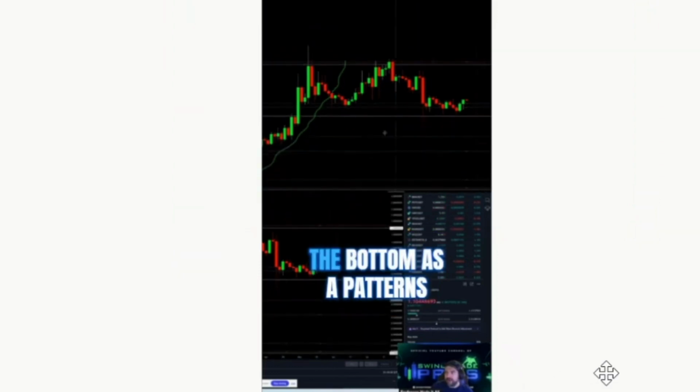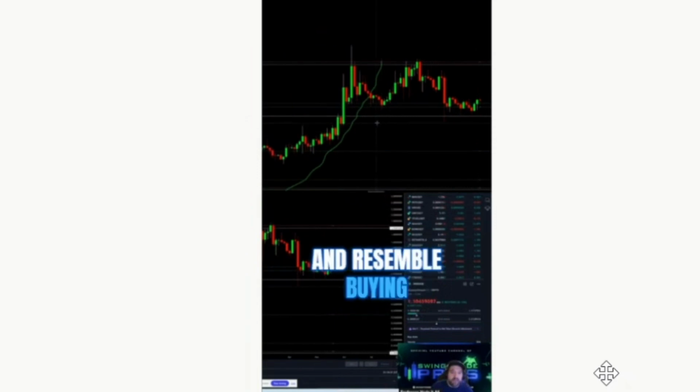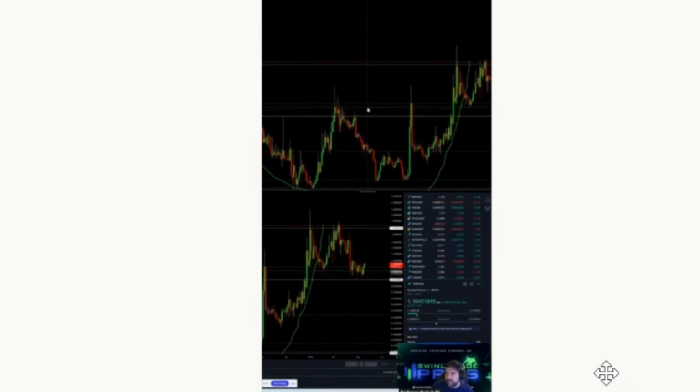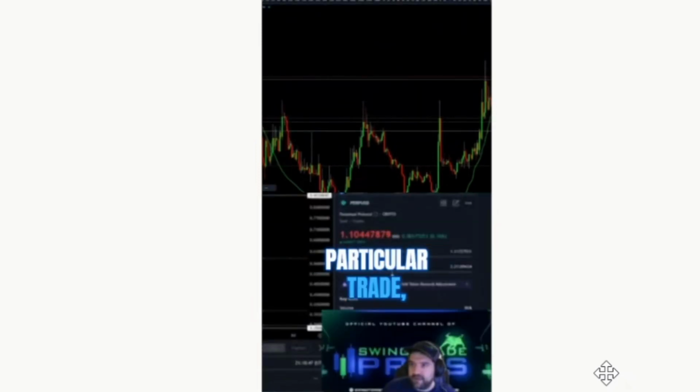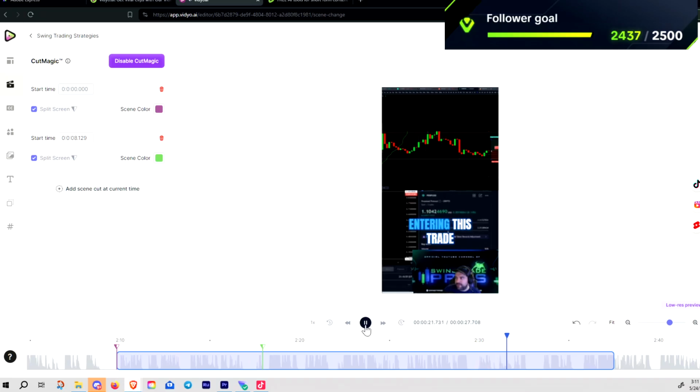So usually at the bottoms of patterns that resemble buying pressure coming into the asset for a trend reversal. Okay, and so for this particular trade, what we would